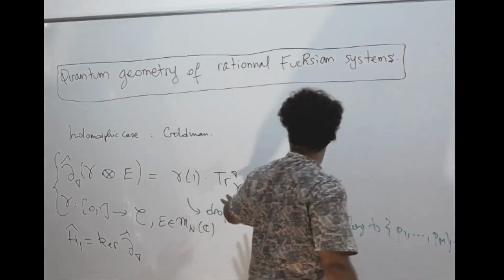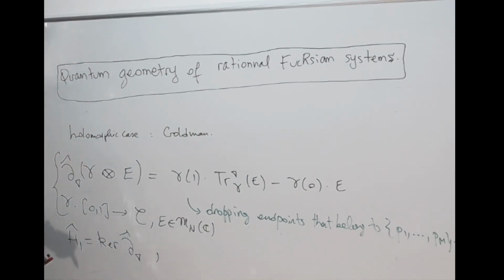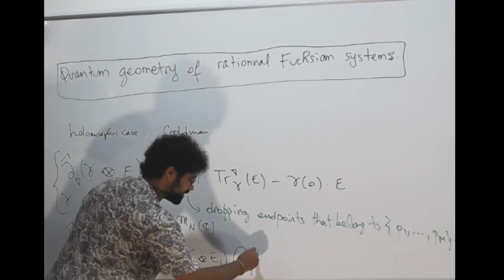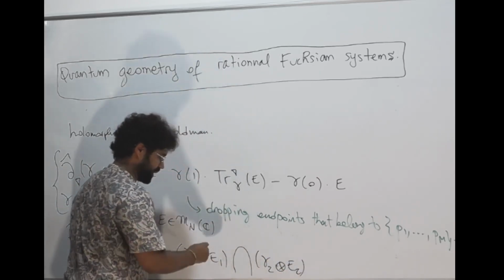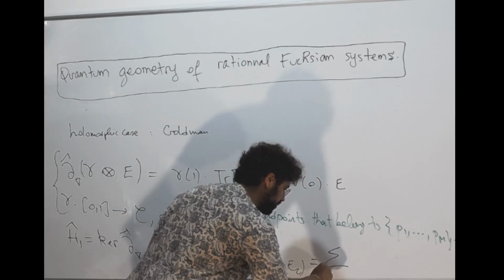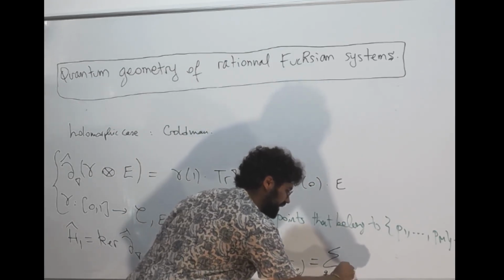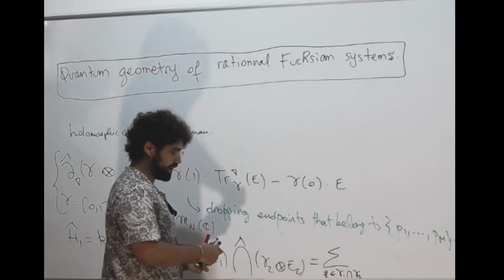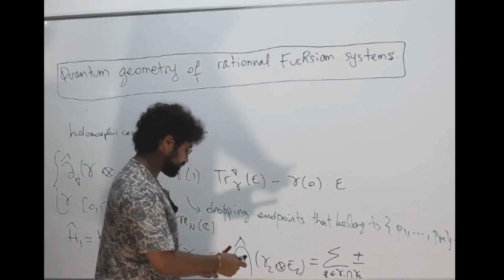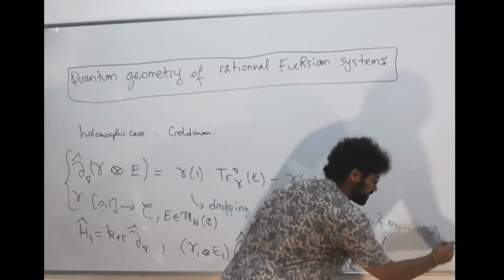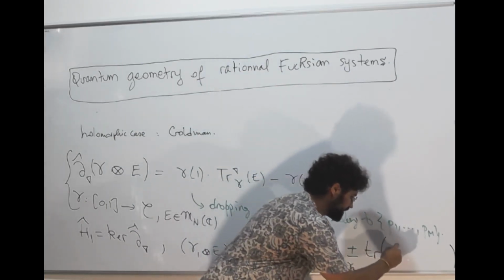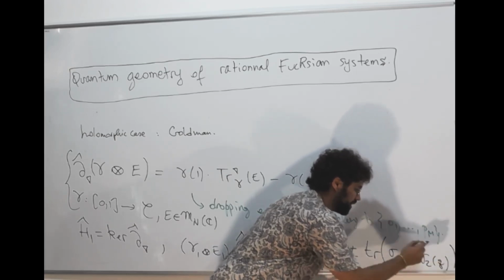So these cycles can also be intersected, and the way to intersect them is that if you have gamma 1 E1, you can intersect it with gamma 2 E2. Okay, so maybe I'll just put a hat here as well. And now this becomes the sum over the intersection points of gamma 1 and gamma 2, with the orientation factor corresponding to that intersection, of the trace of the product of what I call sigma 1 of Q times sigma 2 of Q, where